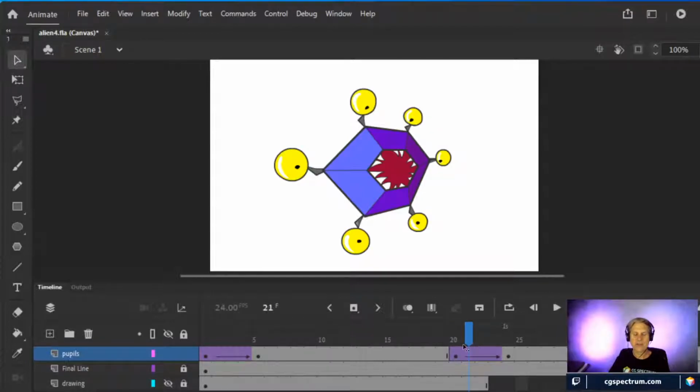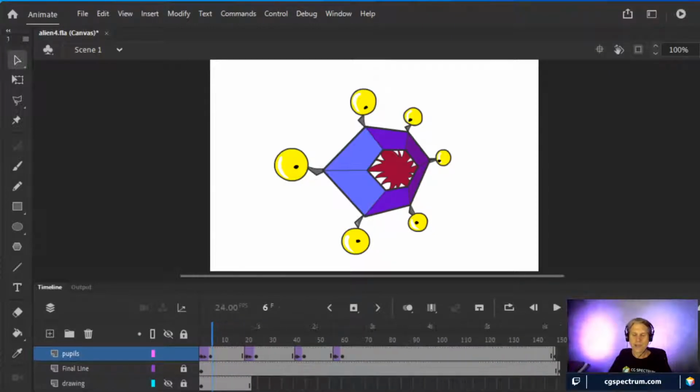It just says, oh, go from A to B. And that worked really well for the eyes because they just are going to go A to B, A to B, A to B, or A, B, B, C, C, D, D to A. So that's just creating a motion tween in between each section of the animation, and then deciding, well, how many times do I want it to move? Where do I want it to move? What do I want the actual action to look like? That was all done with pre-planning and just deciding all these things in advance. Right? How long do I want it to last so that it looks like it's looking around?